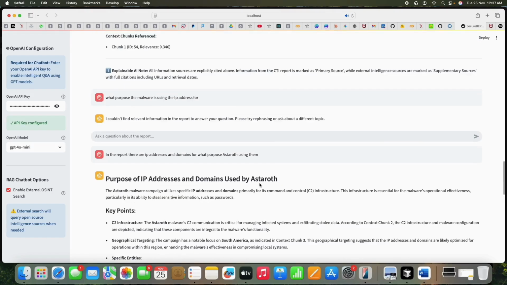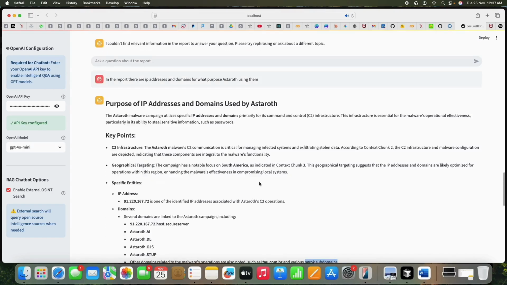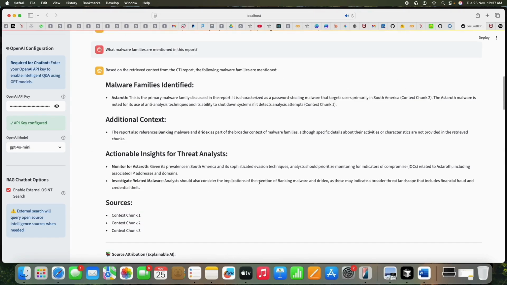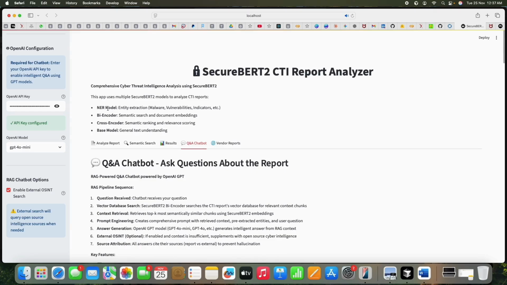So this is interesting. On one side, you got the report using SecureBERT2. You put that in using the NER model. You extracted the entities and put them into a vector DB. And this is not a permanent vector DB because this was just 2 hours I spent. I would create a proper vector DB,